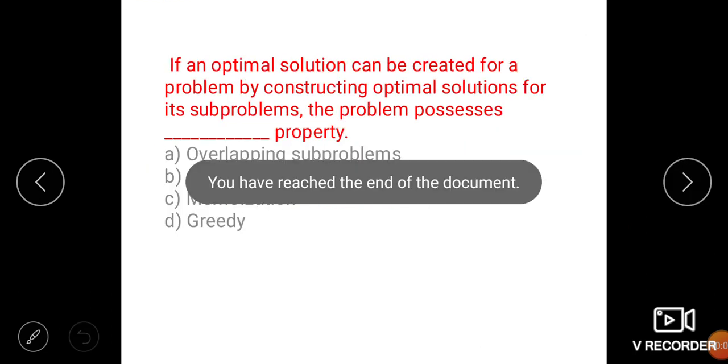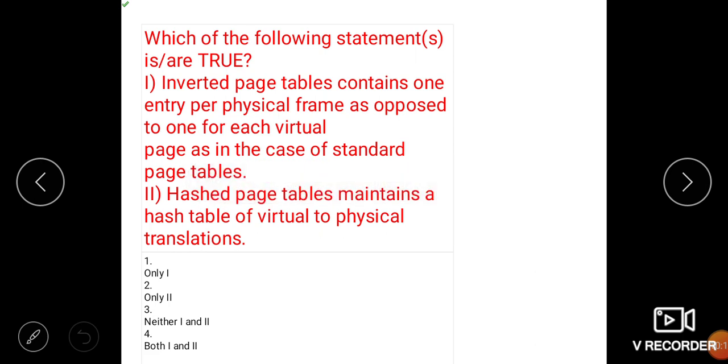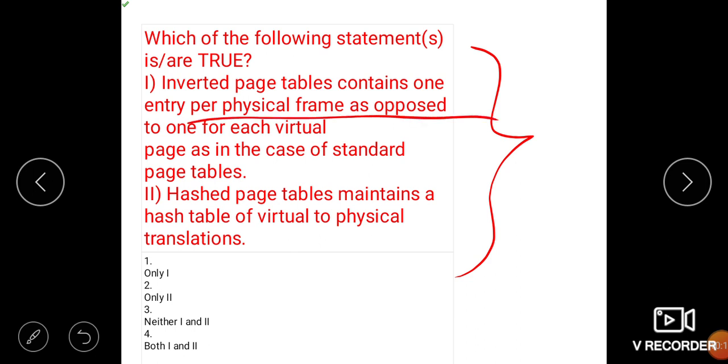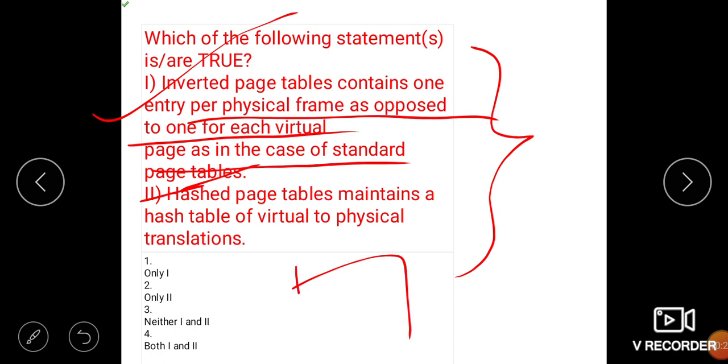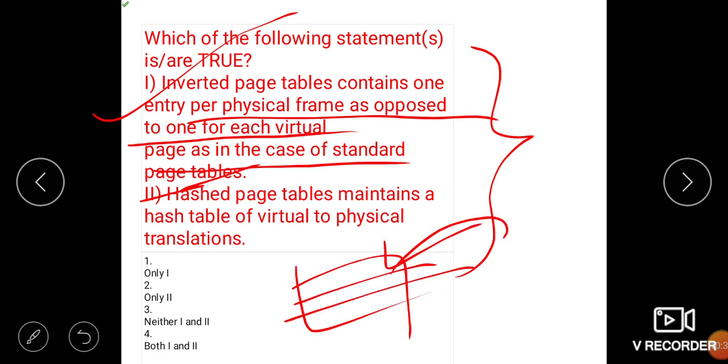Okay, so now next question is, which of the following are true? Inverted page table contains one entry per physical frame as opposed to one for each virtual page as in the standard page table. It is true because in the inverted table we have to maintain each record, so for this reason it is also a very time consuming method.